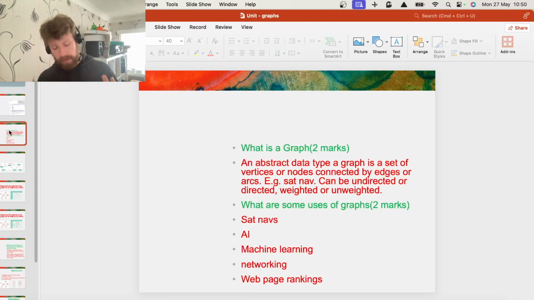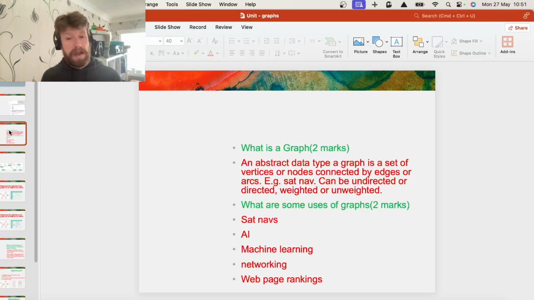Now, with a graph, if it just asks you to describe what a graph is, what it's made up of is vertices or nodes. We're going to have a look at what that means in a second. And it's also got edges or arcs. They're just different words for the same thing. So vertices and nodes you can use interchangeably. Edges and arcs also. These are used to represent relationships, and this can be used in things like a sat nav